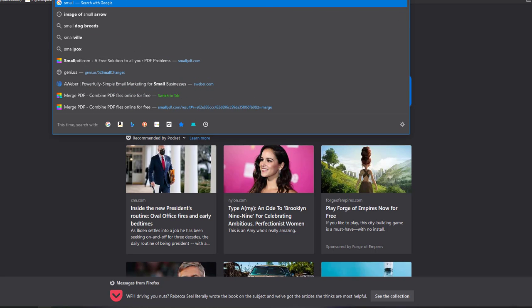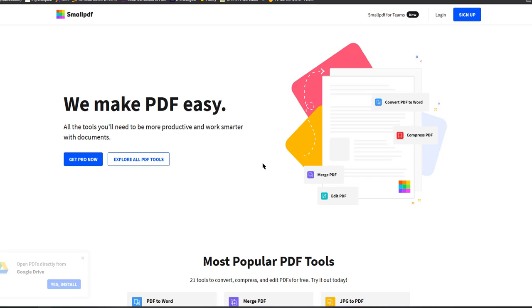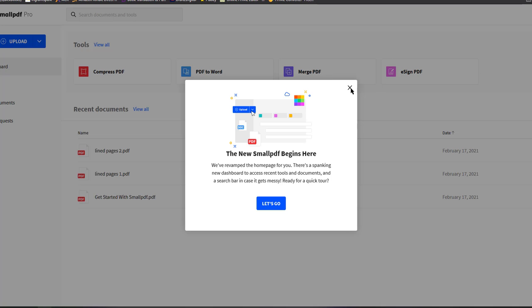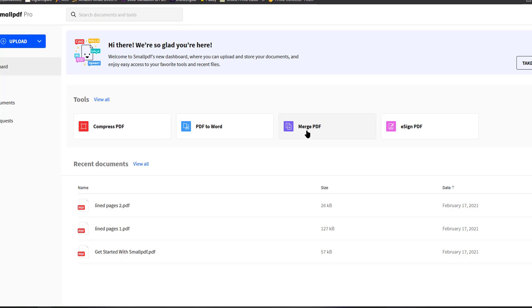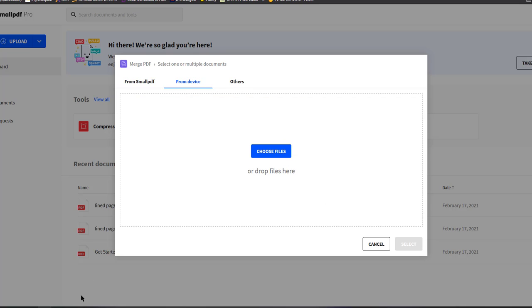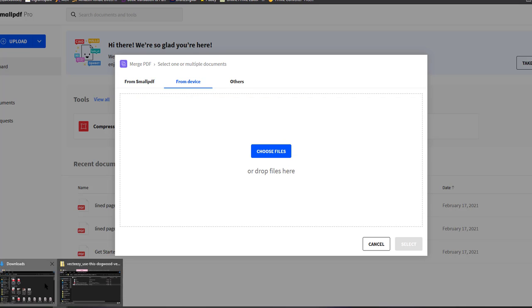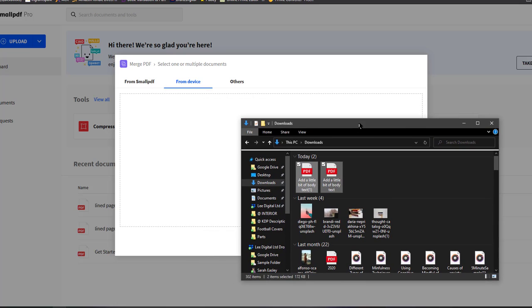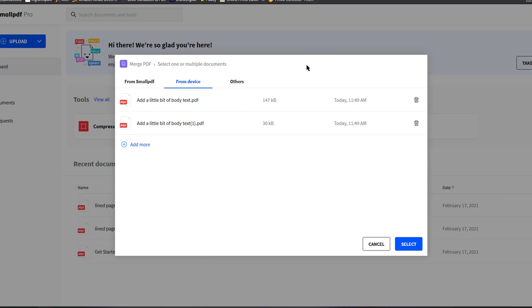So we're going to hit this here that says merge PDF. From device, I'm going to go here, and I'm just going to take these two and drag them in. We're taking these two, and we are merging this PDF,